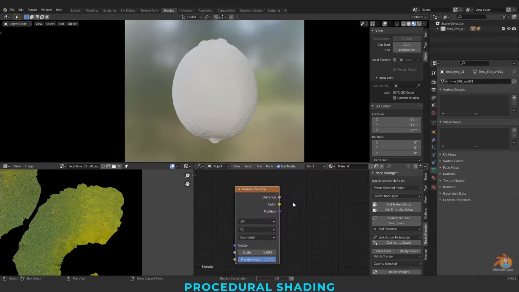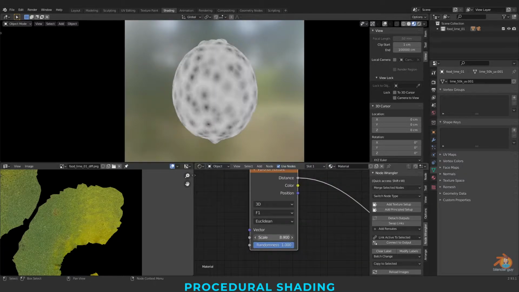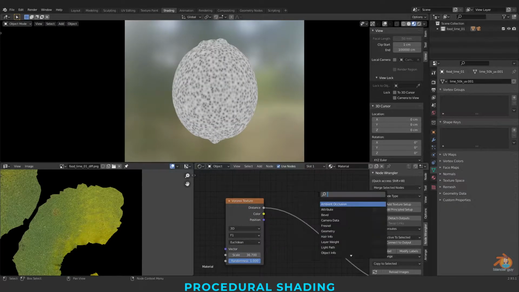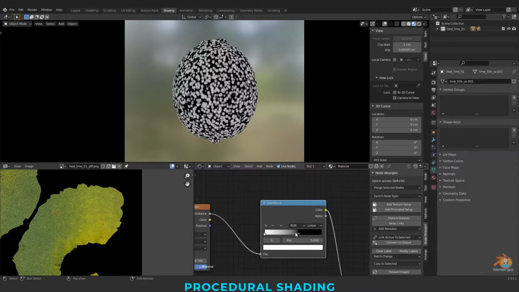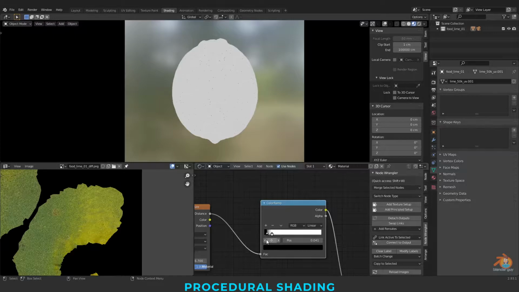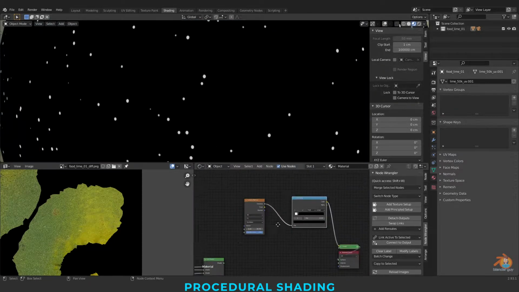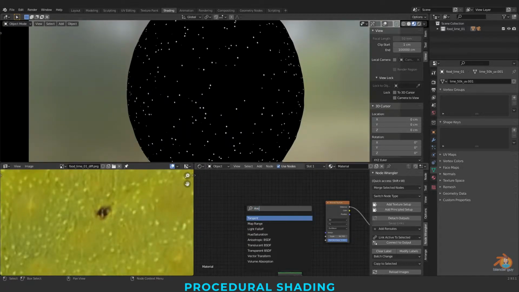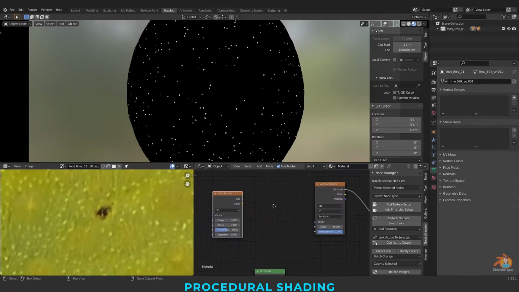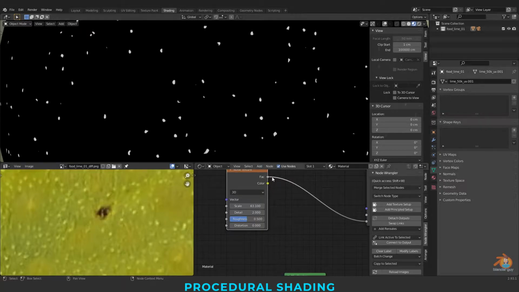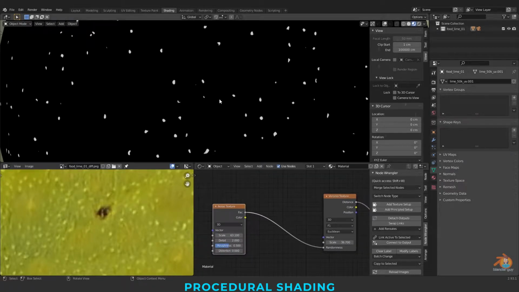Now coming to this Voronoi texture, I'm increasing the scale and taking a color ramp to clamp it. To create this uneven shape, I have just connected this noise to randomness.